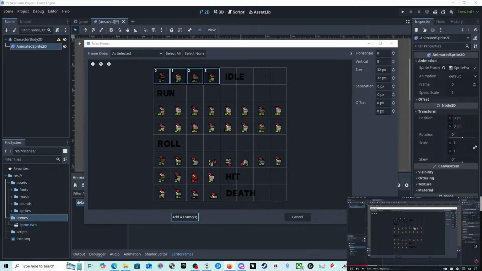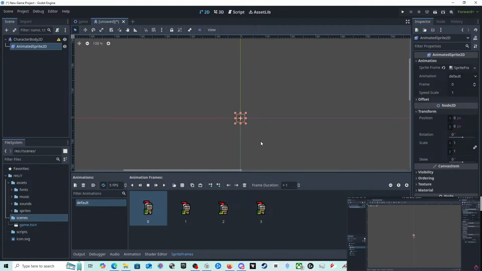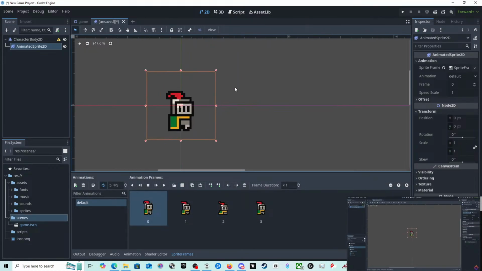Again, to remove frames, and this is how you can quickly select from different parts of your sprite sheet. So I'll select these 4 frames and hit add frames. Press F to center our character texture on the screen. I've already done that. Use the scroll wheel to zoom in, and I've already done this next bit. Drag with the middle mouse button. We've made it non-blurry. Now our character looks weirdly blurry.